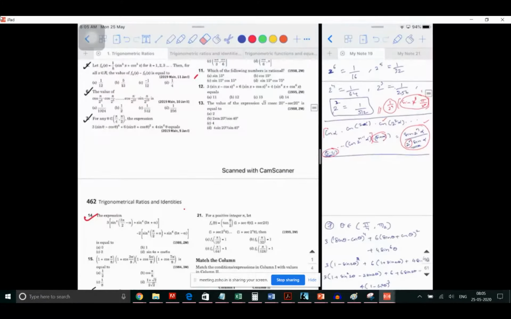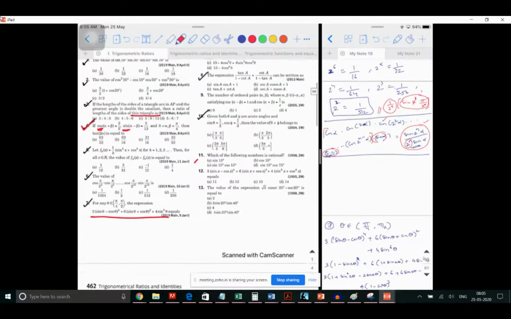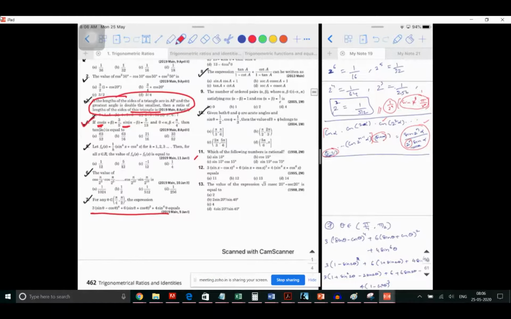See, this is also a 2019 question only. For any value of theta that belongs to pi by 4 to pi by 2, the expression... So you have this expression, and they're asking you to simplify it. Actually, it is not a very tricky question, it's just a direct approach. Except for the third one, every other problem is at the level of your NCERT. So how to proceed? Seventh one.